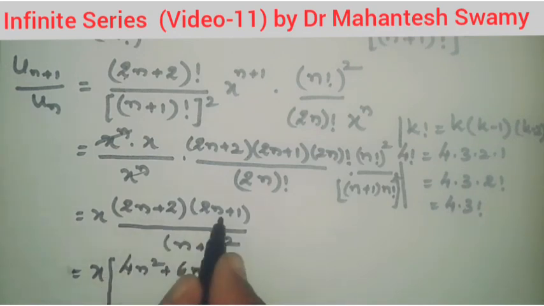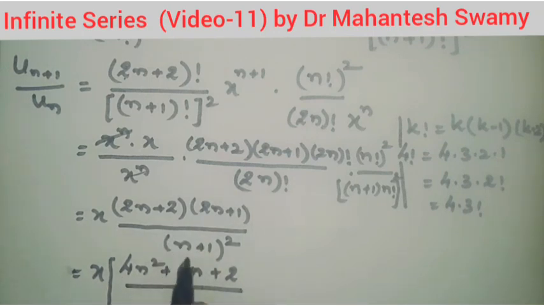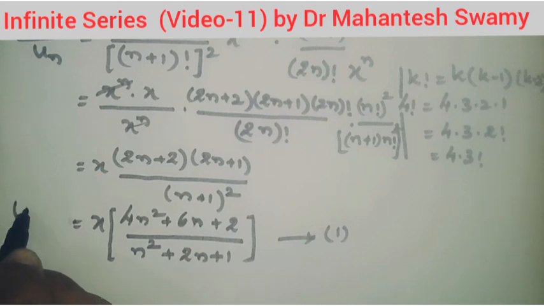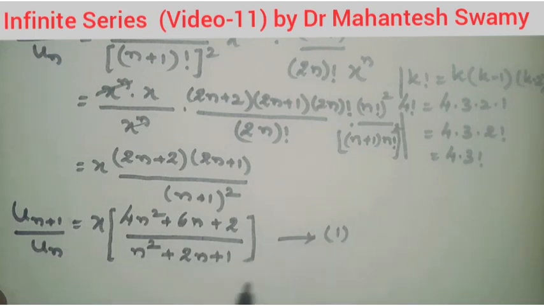So I have multiplied these two brackets together and simplified, kept the numerator, and in the denominator I am expanding it by using the formula a square plus 2ab plus b square. So it is the (a plus b) whole square formula I have used. Now call it equation number 1. I shall use it in future when I apply the so-called Raabe's test. So what I got is u(n plus 1) divided by u(n) equal to, as here in equation number 1.